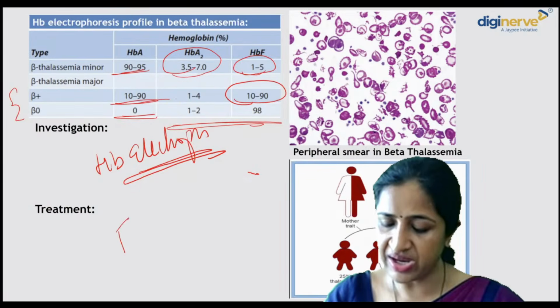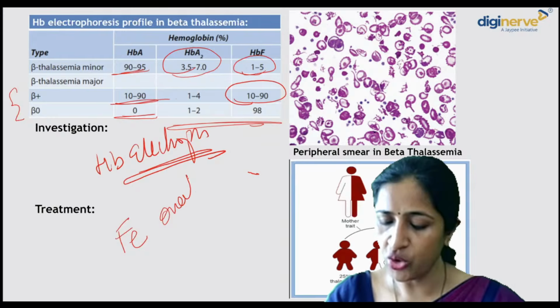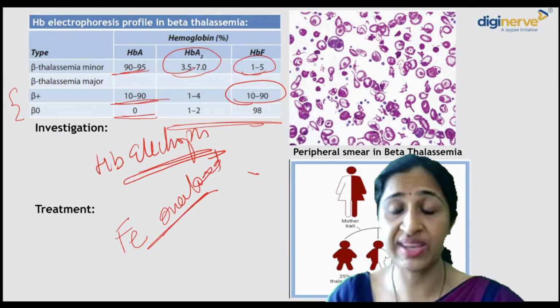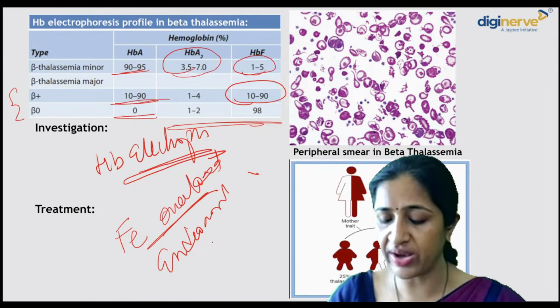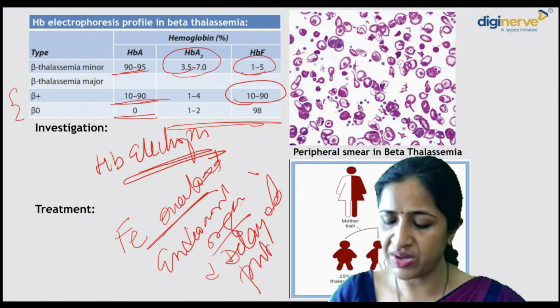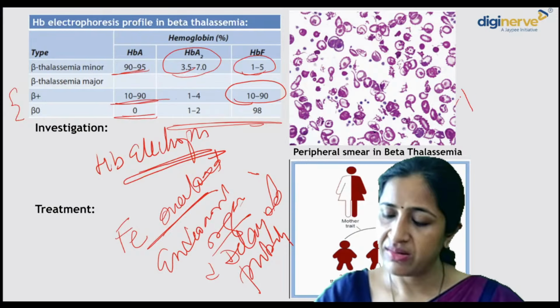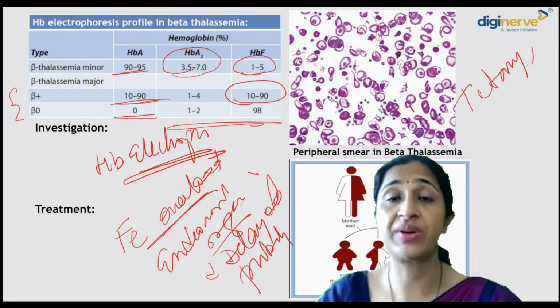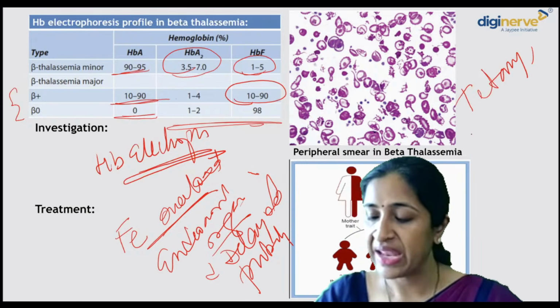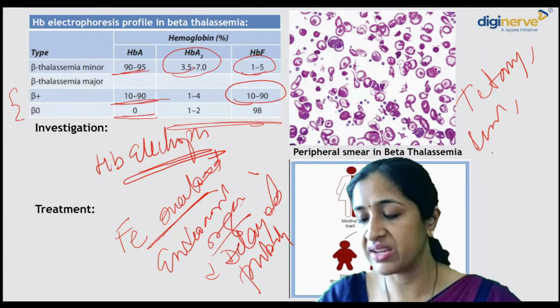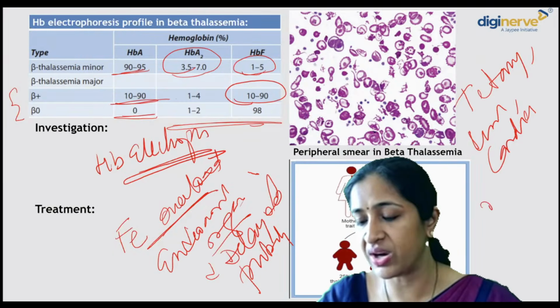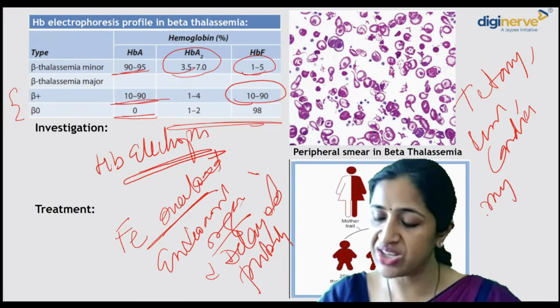Features of iron overload have to be looked for very carefully, especially as iron overloads on the endocrine organs, and it produces delayed puberty, and tetany because of accumulation in the parathyroid. Iron accumulates in the liver, producing cirrhosis, and in the heart, producing myocardial dysfunction. So chelation is with